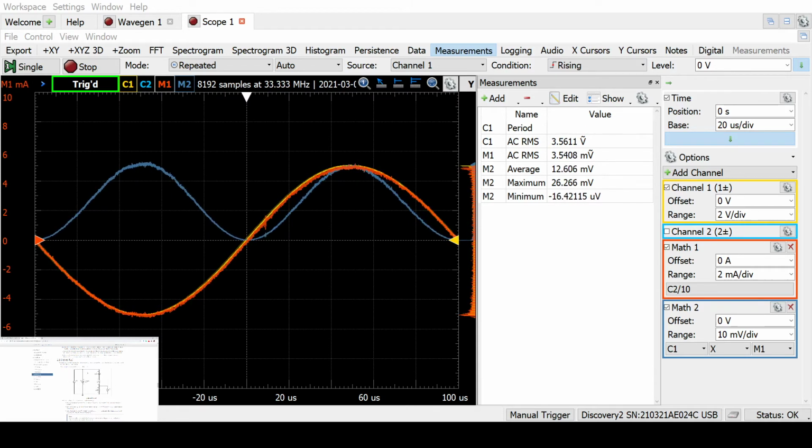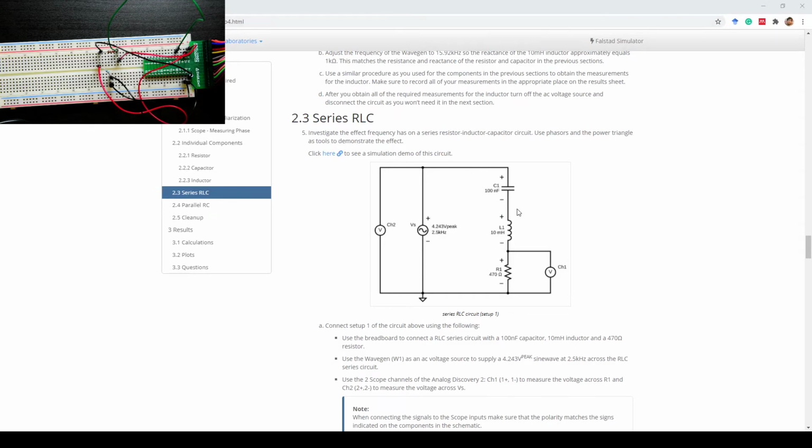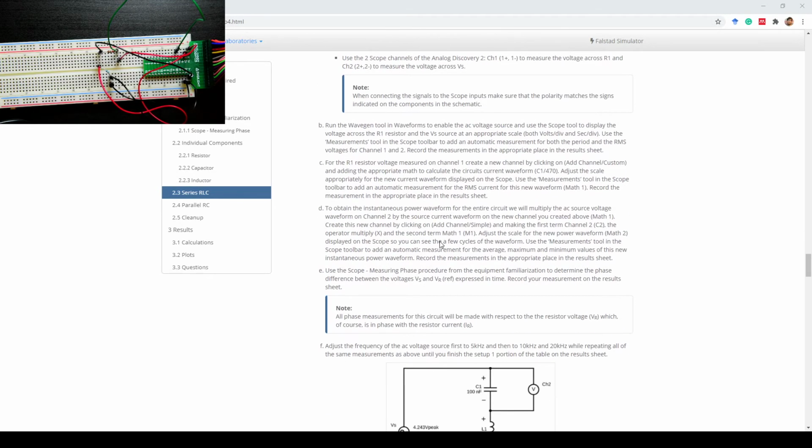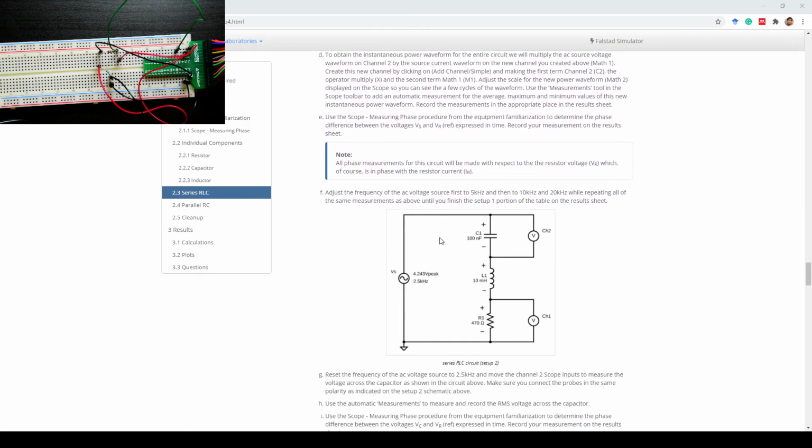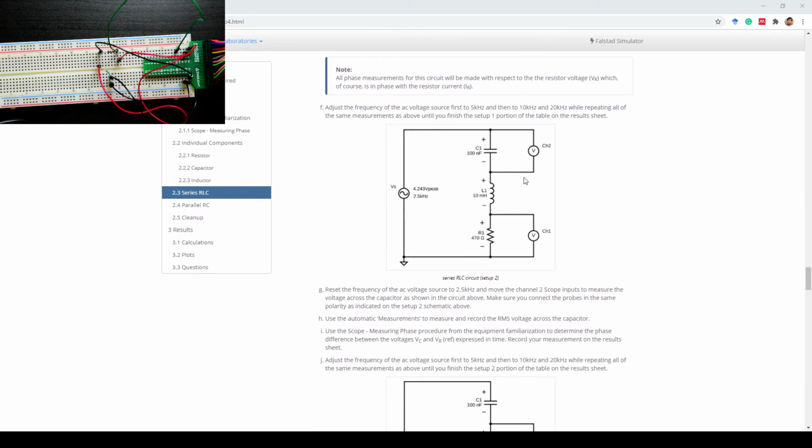And I believe by now you should be able to connect this circuit by yourself. So it shouldn't be difficult now to connect this circuit, and then follow all the steps and you will perform all the measurements